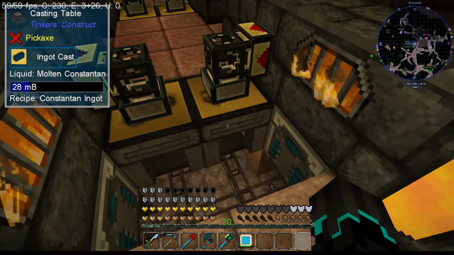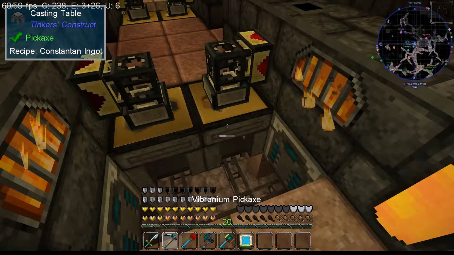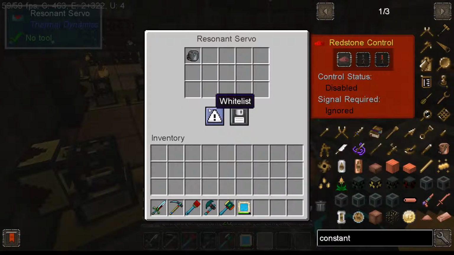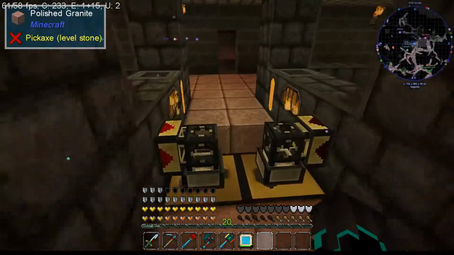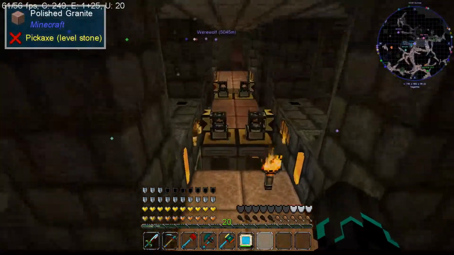Like right here, you have 28 millibuckets remaining, and at that point I might as well just break it so I can get rid of the excess and then set you back to whitelist. And so for Signalum, I'd recommend doing it via the crafting table as well, just to keep things nice and orderly. Let me go grab the...